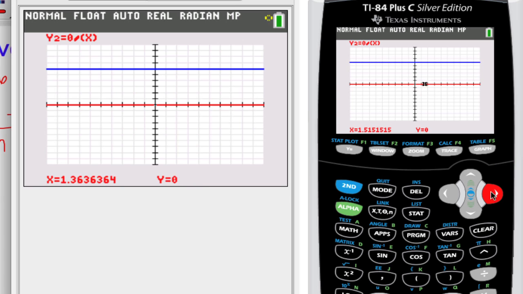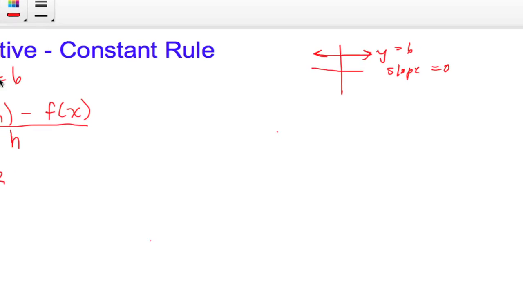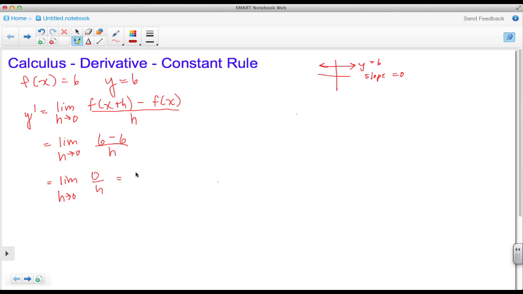As I approach from the right hand side, here we're showing that x is 1.15. Again, as I get closer, you see the y value is remaining at 0, and we know from limits that this just means that as h approaches 0, it never actually gets to 0. It gets infinitesimally close to 0, but never reaches it. So here we see graphically that the limit is in fact 0. So let's go ahead and put that 0 in place.